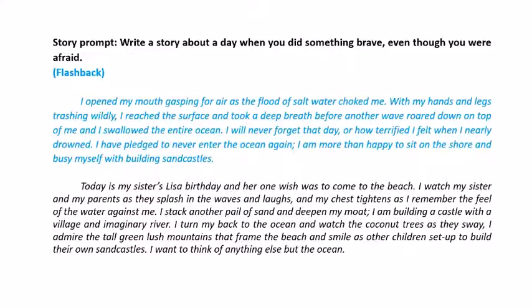So, this is the flashback she starts with. She starts with a flashback explaining why she's afraid of the ocean. She continues saying: